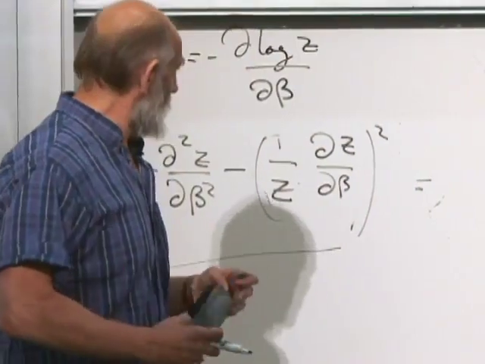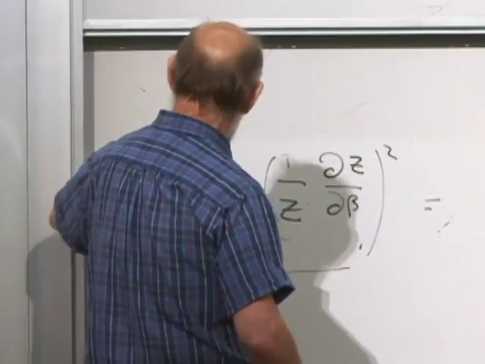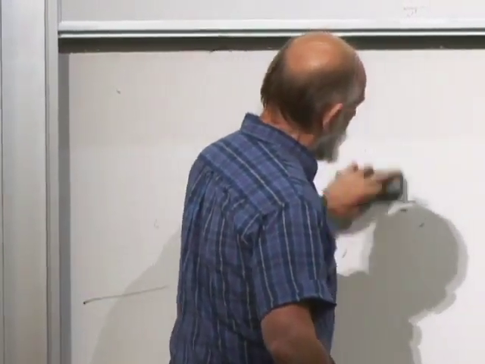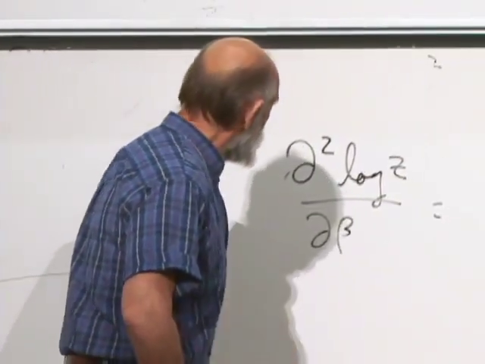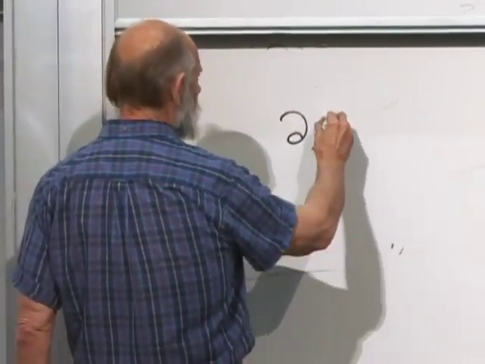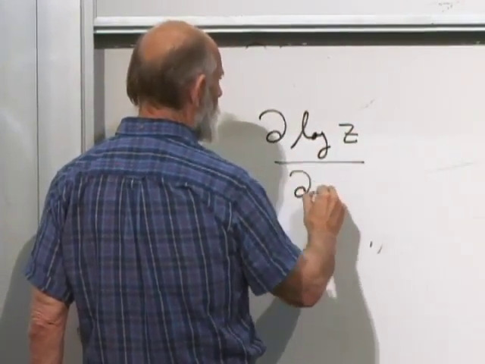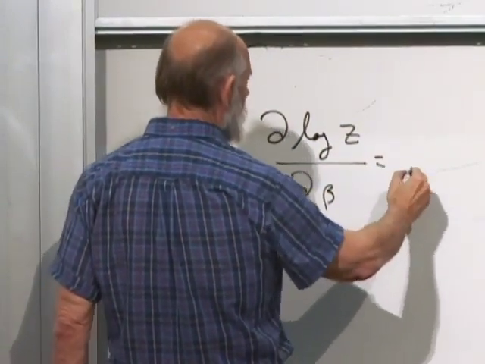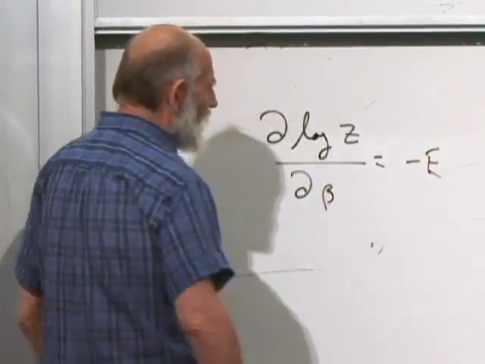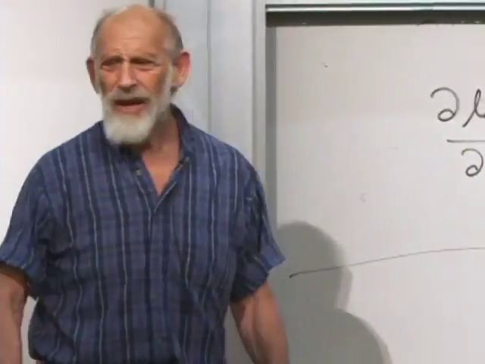Okay, let's examine it a little more closely. The derivative of log Z by d beta, that's equal to minus the energy. So what this whole thing is, I mean, we've made a number of steps. Whenever I do this, I always feel like I've done too many steps. Like I've done the same steps backward and forward and back.